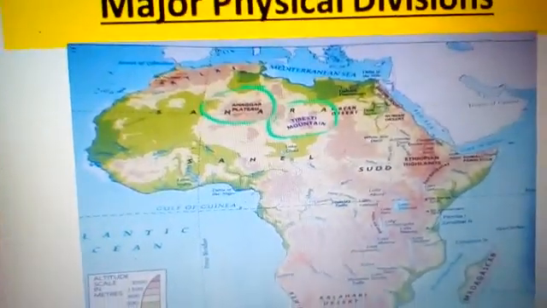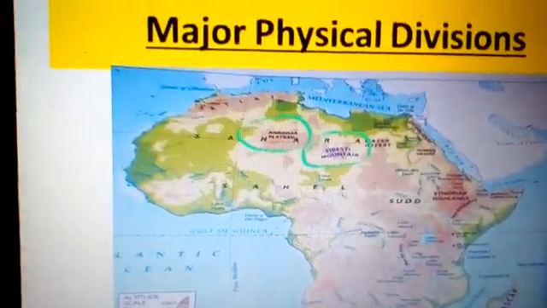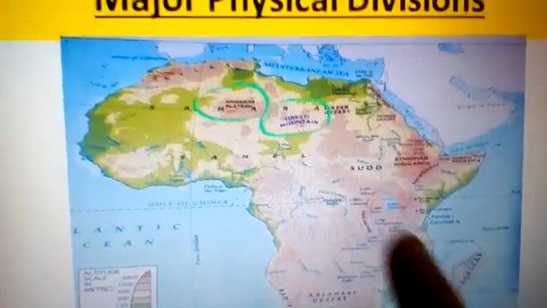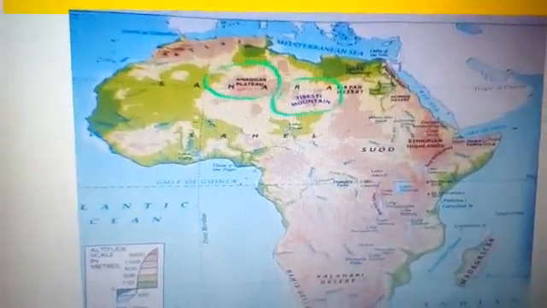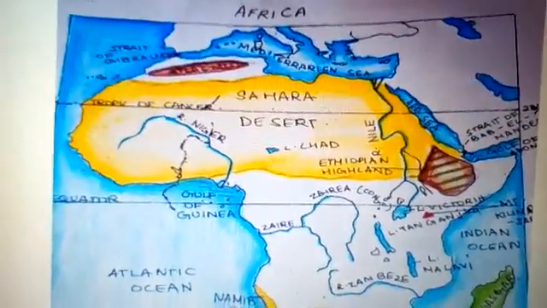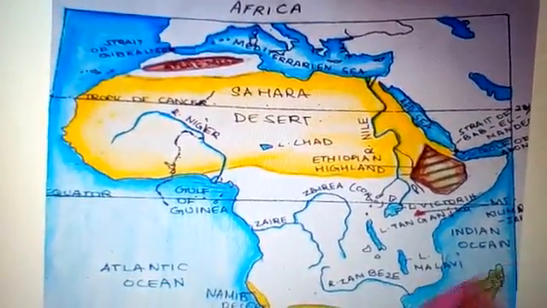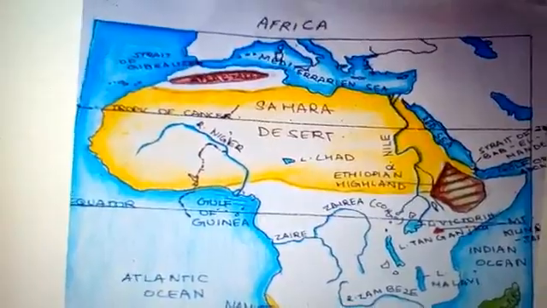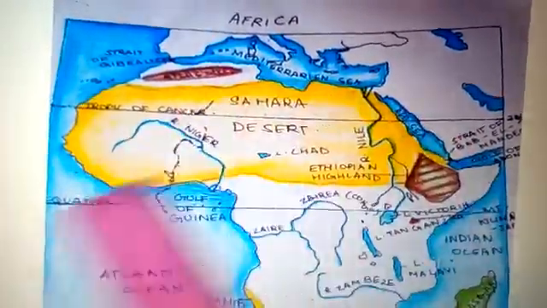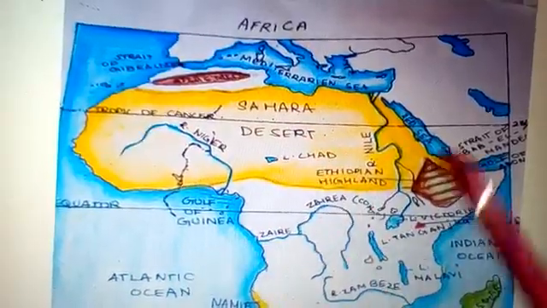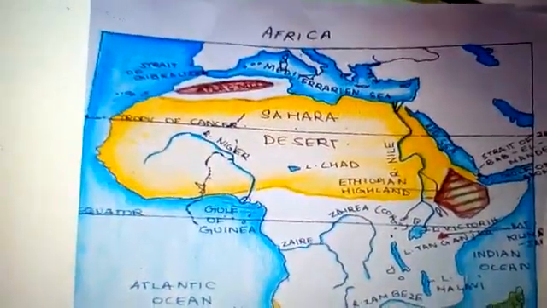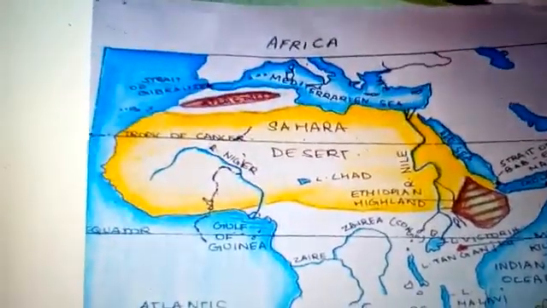Now this map is there in your textbooks also on page 115. There also you can easily see these mountain ranges which are there in this map. You can clearly see that the Sahara Desert forms a part of this plateau. Now, which plateau are we discussing? The low central plateau right now. It has the Sahara Desert included in it.